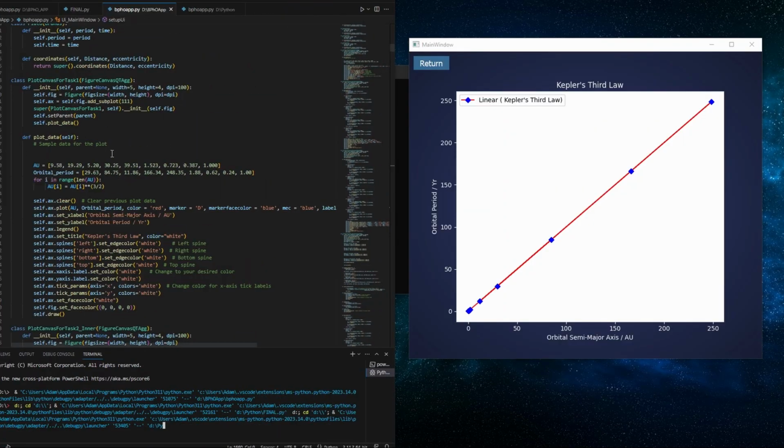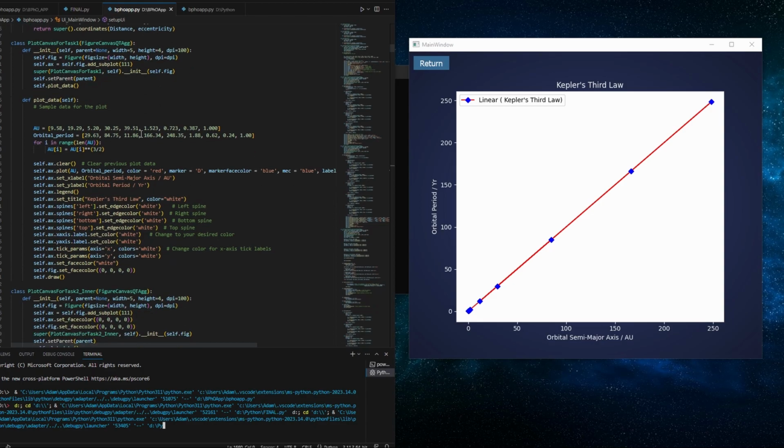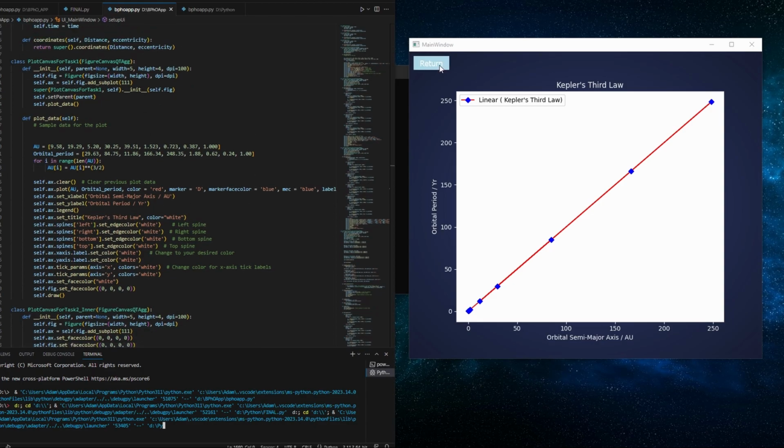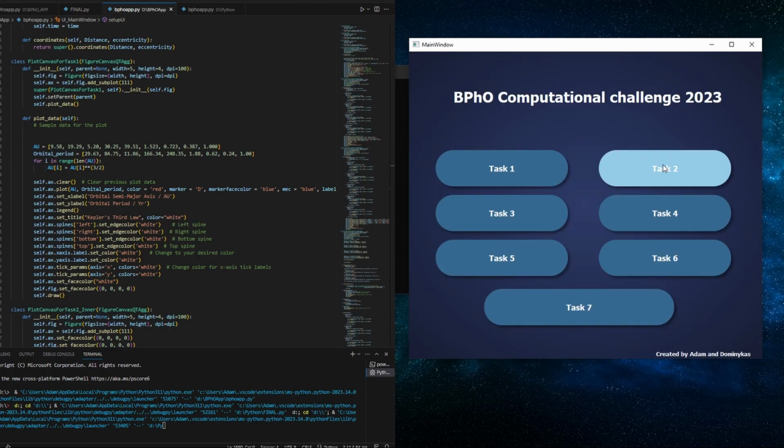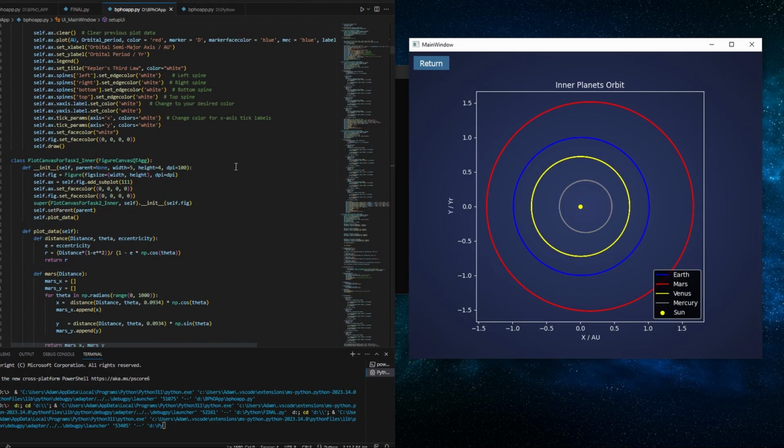Using the libraries Matplotlib and NumPy, we dived deep into the heart of orbital mechanics, and we examined how the square of the orbital period relates to the cube of the orbital semi-major axis. Using the parameters of our solar system, we found that the relationship holds true, and it is pretty close to unity. Task 2 now. We used the data and we precisely computed and plotted the elliptical orbits of the 5